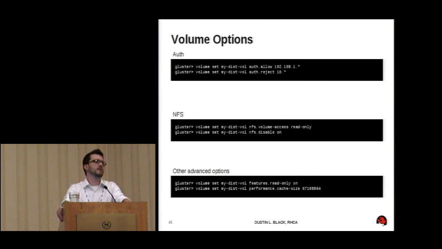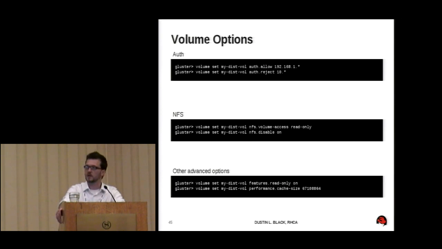There are NFS-specific commands in there as well. Keep in mind that with the built-in NFS server, I'm not doing something like editing an /etc/exports file. That's not there for me to do; Gluster's managing that for me. So a lot of the NFS-specific configuration you might want to do is also available in the volume set command. You'll see here we did a volume set on that volume. If I want to set my NFS access to read-only, I can do that here. Or if I want to disable NFS altogether, because maybe I'm only going to be using the FUSE native client, or that in combination with Samba, and I don't want to use NFS, I can turn that off entirely here.